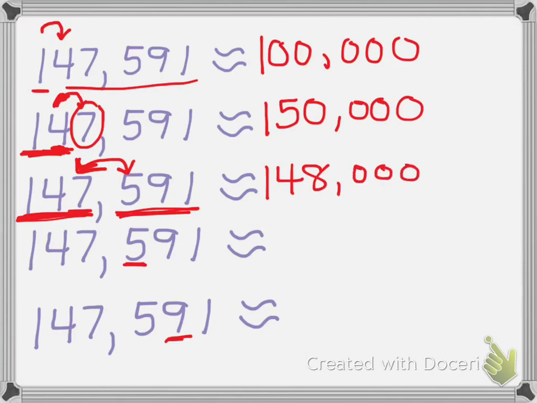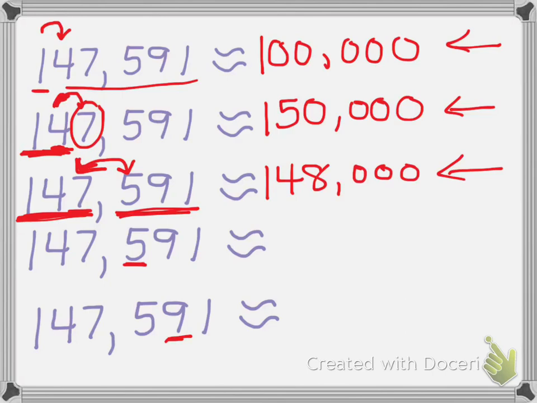So notice how our numbers change depending on what we round to. Here we have 100,000. Here we have 150,000. Here we have 148,000. What would be the most accurate? So if I said in my bank account, yeah, I wish, I had $147,500. Let me say that again. I have